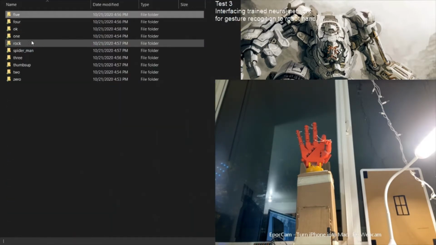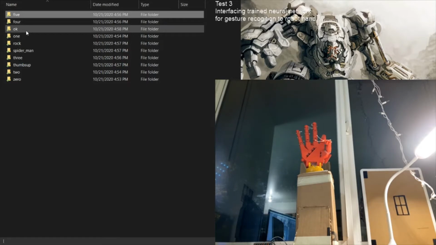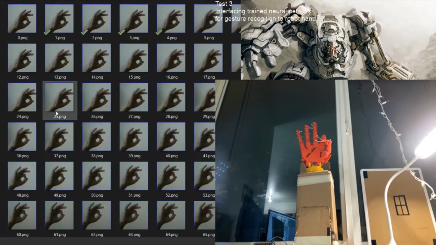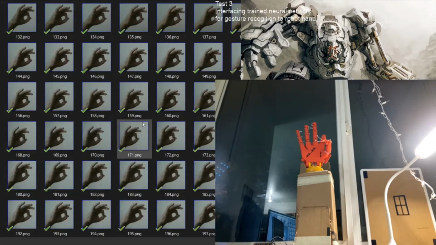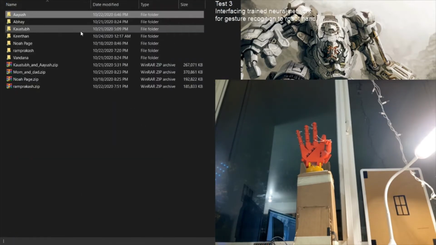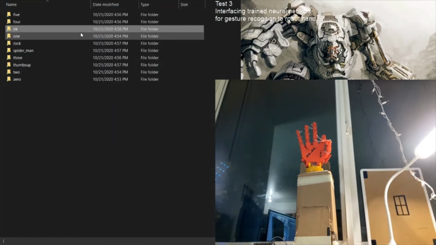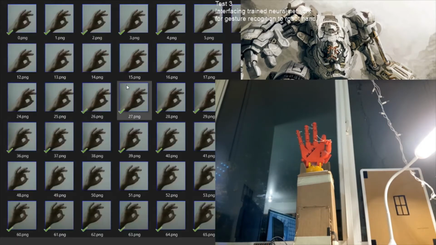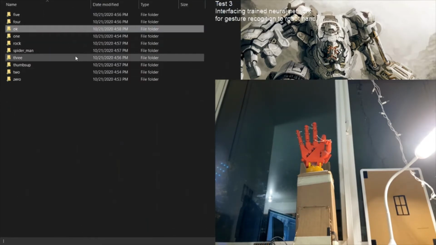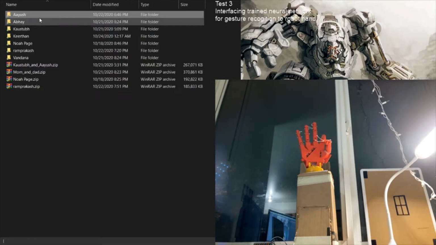As I've shown you here, let's say the OK gesture of one person will have 200 images of OK. Each of these separate gestures has 200 different images. Since there are 10 different gestures, one person has around 2000 images. So in total, I have 2000 times 8 different images in the data set.